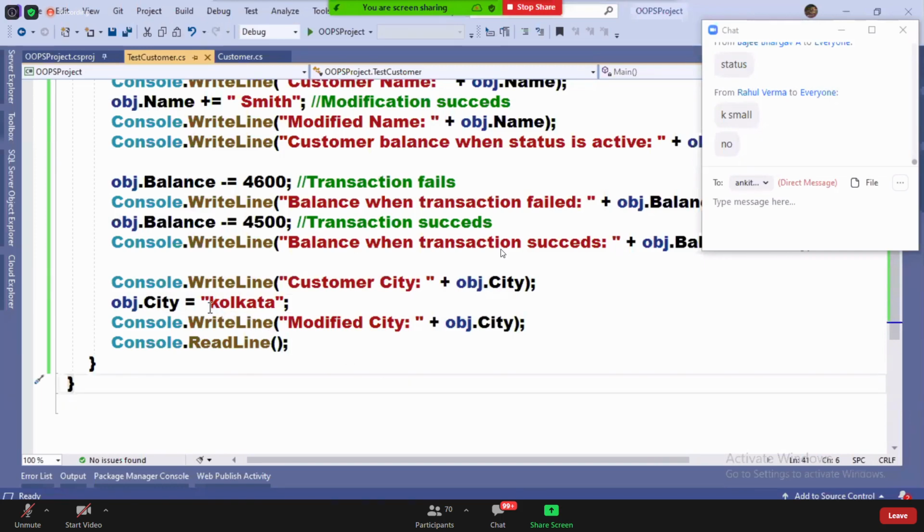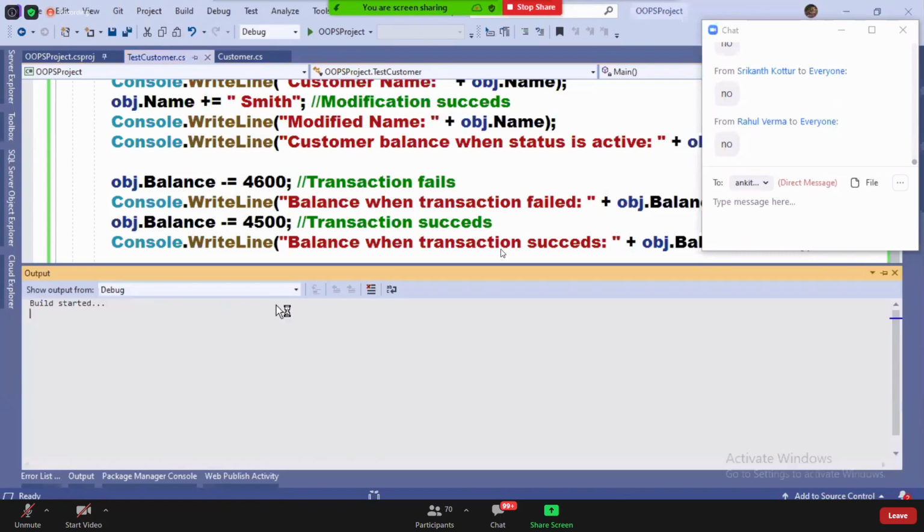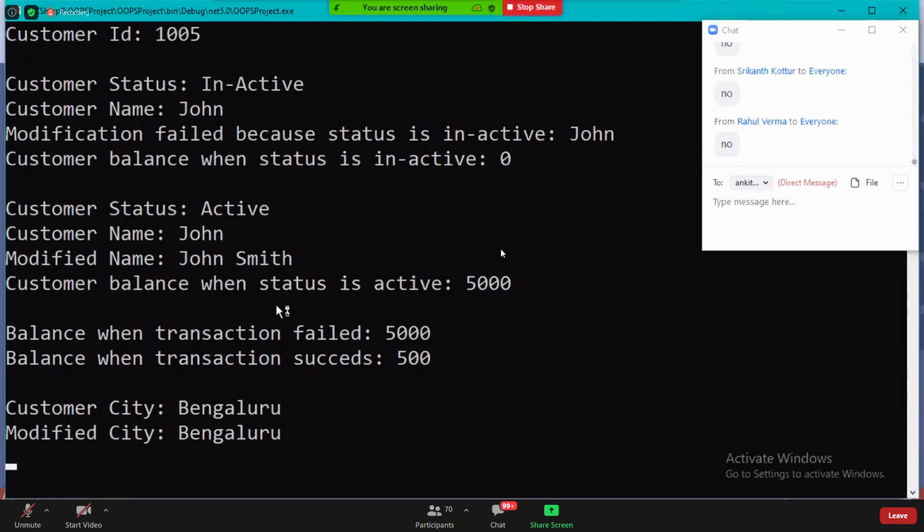Second mistake. Is Nagpur valid? Then it is invalid. Error should come now. If it is invalid, error should come now. No error. Tomorrow you are the end user, and you don't know the bank has branches only in the 6 metro cities.